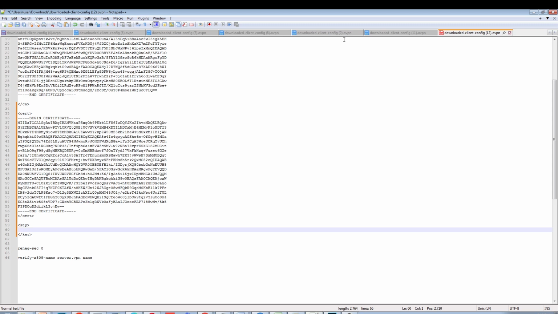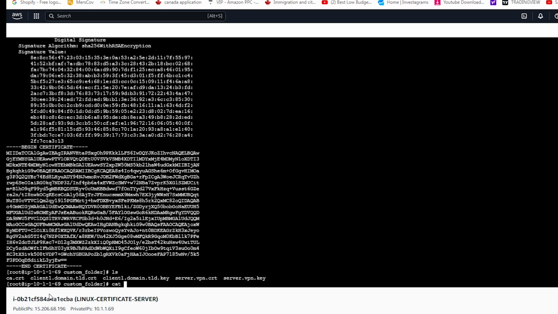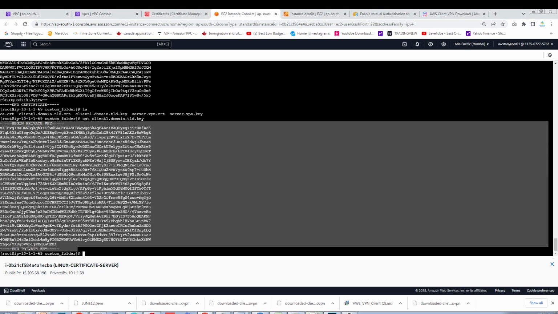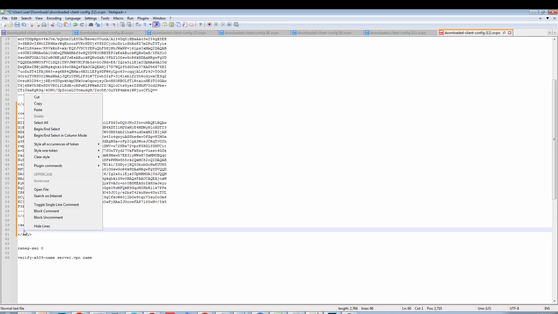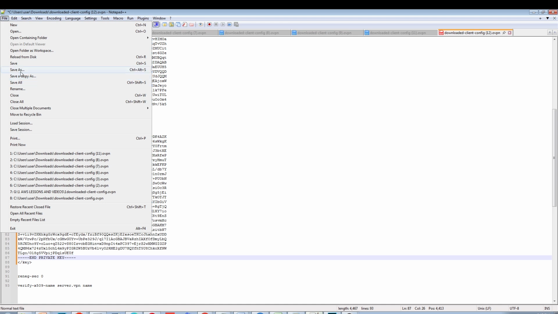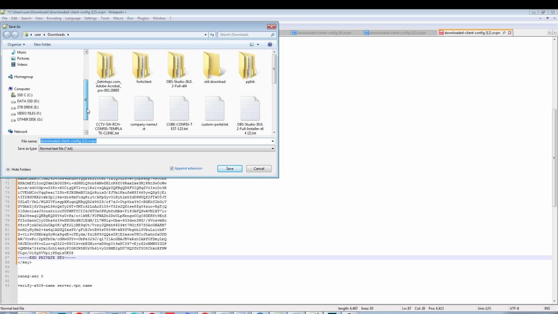And then for the key, let's go back there, type ls, and then cat, then press enter, and then copy all of this, then go back to the notepad and paste. After that, let's save this one. This file will be sent to our laptop or our PC so that we can install this configuration to the AWS VPN Client application. So I will save it as this. I'll put it on my